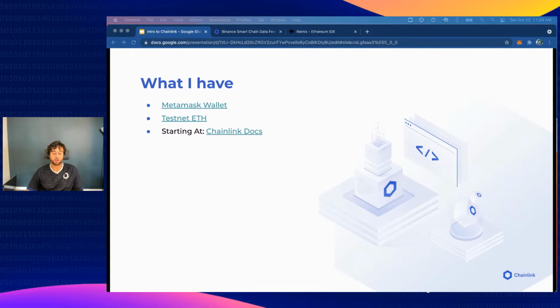So what do I have installed for this? I have MetaMask wallet, I have testnet ETH. We're going to start with the Chainlink Docs. We are missing one thing, though. We're actually going to need to get testnet link now. So just like